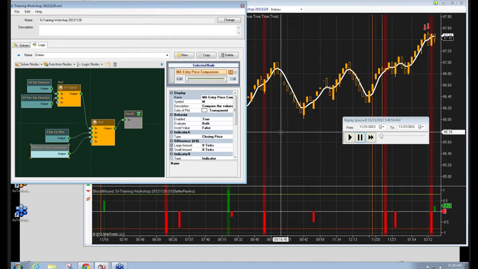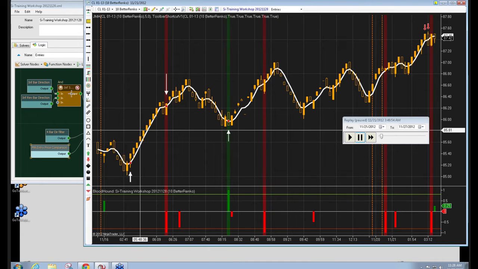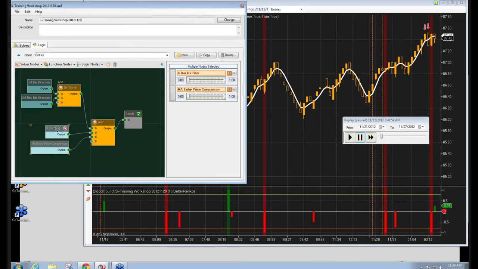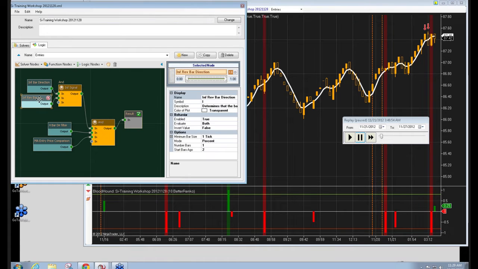Okay, there we go. All right, so now we can see we're no longer getting a long entry on this by using the AND nodes together. And for those of you who are up on your logic math, you'll know that putting an AND into an AND is not necessary. I could have just taken both of these solvers and plugged them into the same AND node,